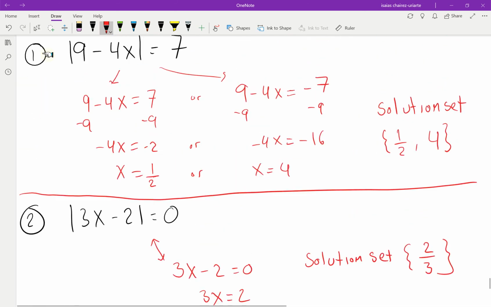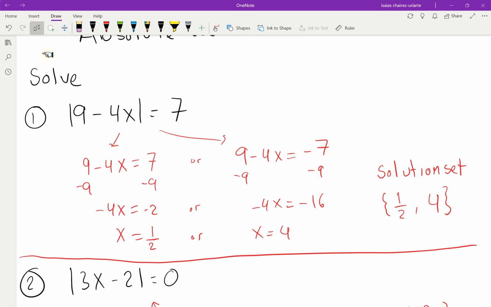Another way to think about it, we could think about these things graphically as well. What's going on here is, let me sketch the little picture. On the left hand side, think about the absolute value graph. It looks like a V. And some transformations have happened here. We've reflected on the y-axis, and then we have shifted this graph around a little bit. So there are some transformations of the absolute value function that have happened, and we want to know when it's equal